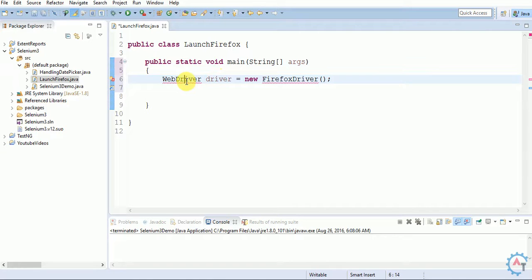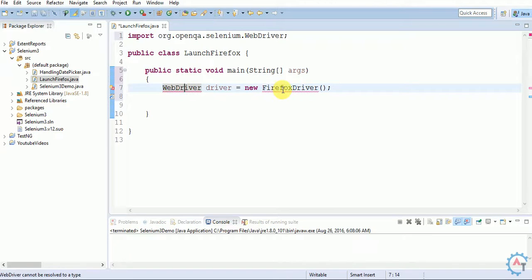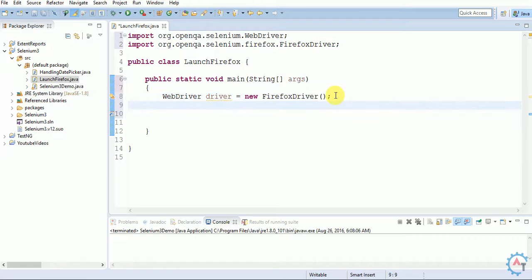Now you import these things. Then you say driver.get, and I'll give http://automationtesting.in.